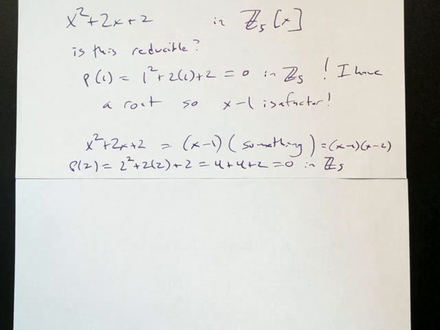Even this process doesn't always work. The factor theorem says that I have a reducible polynomial when I have a root. If I have a root, then I know a factor. If a is a root, then x minus a is a factor. But